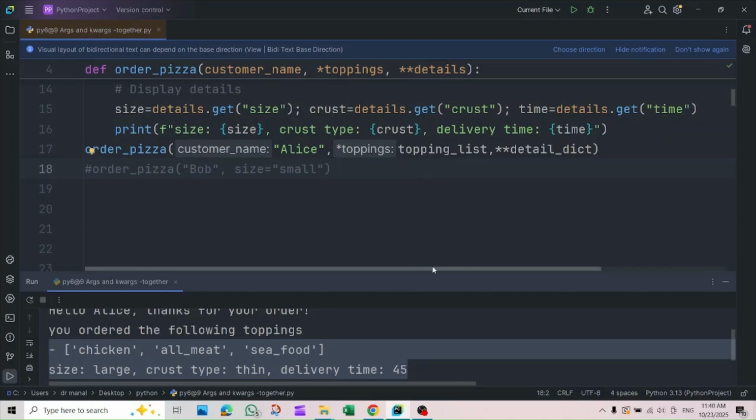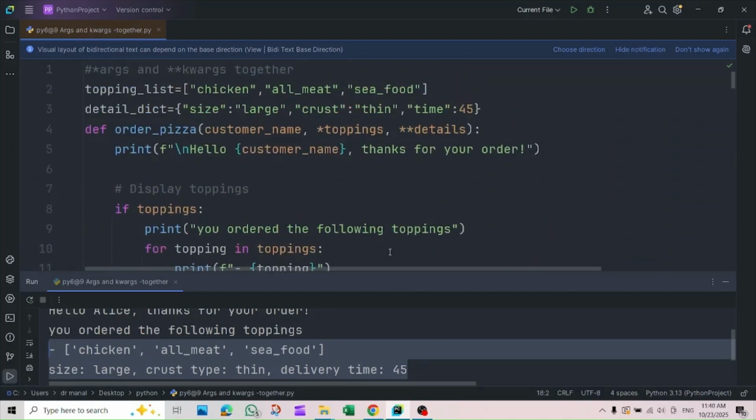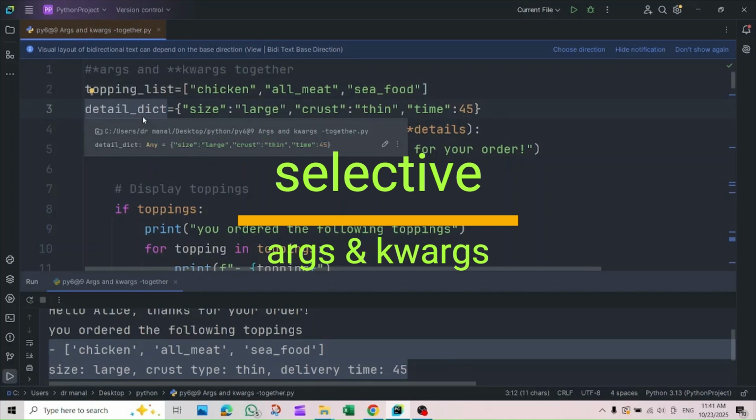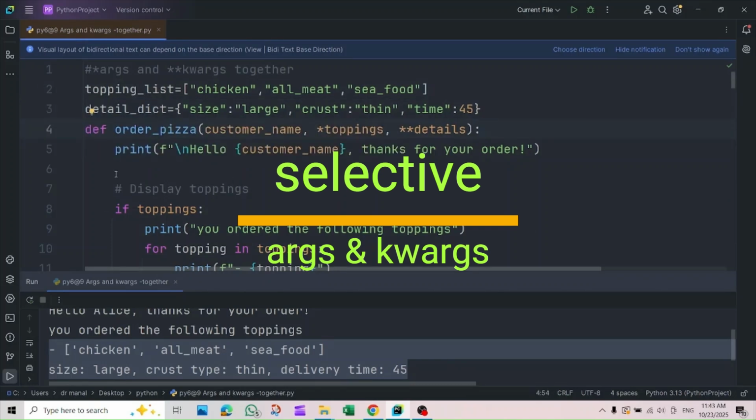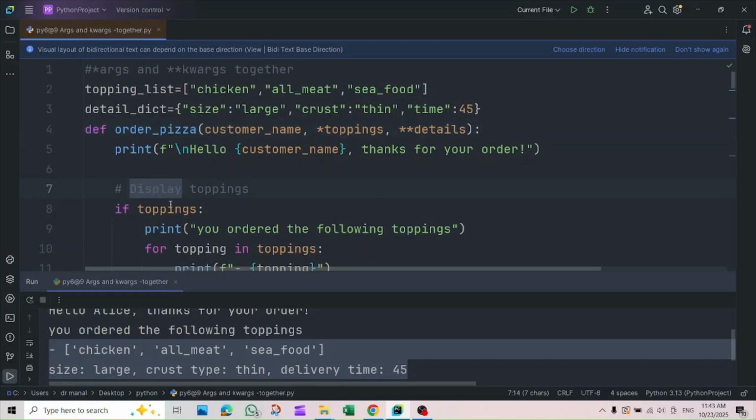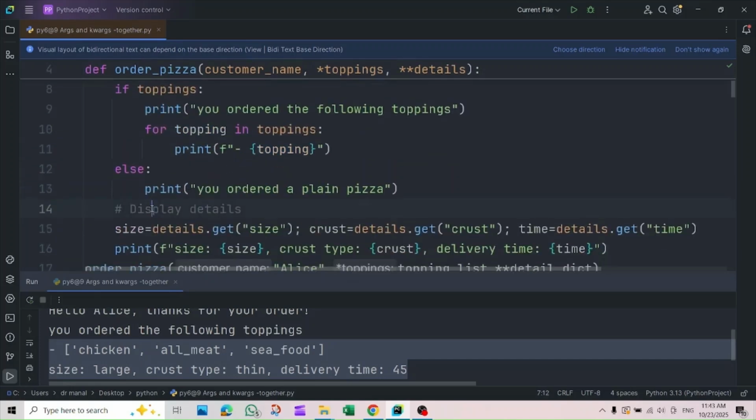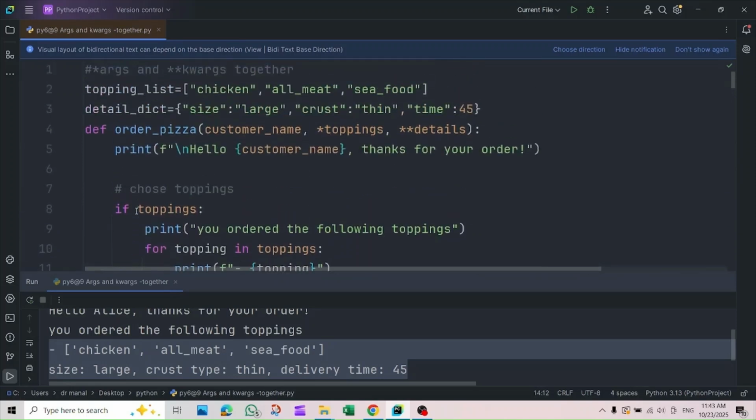Let's proceed with developing our program and let's have our topping list and detail dictionary to be a selected list and a selected dictionary correspondingly. First of all, let's adjust this display to be choose toppings and choose details. Let's include choose toppings and choose details as a list and a dictionary before the function here. So before our function,